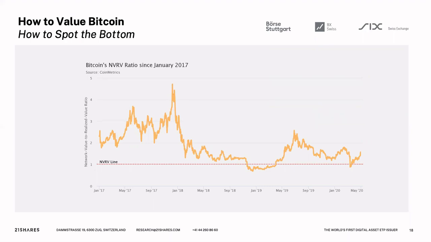And we can see two extended periods where the ratio was below 1 in the last 3 years. The first was during January 2019, and the second was during March 12, 2020. What these periods have in common is that they both represent the bottom of Bitcoin's bear market. Some of those who have been in the crypto market for at least a year or two will remember that after the bull run of 2017, Bitcoin's subsequent bear market came to an end around January 2019. And this is exactly when Bitcoin's NVT ratio was below 1.